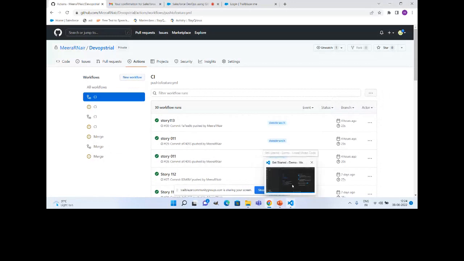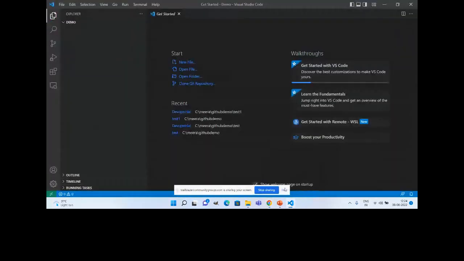Now, let me go back to, okay. I hope you know all the basic steps. I don't have any other tools being used. I am just directly trying to get the details from my Git repository to my Visual Studio Code. You can get the URL from here.